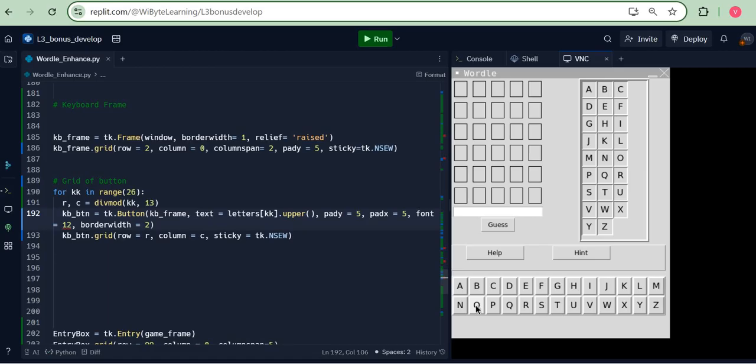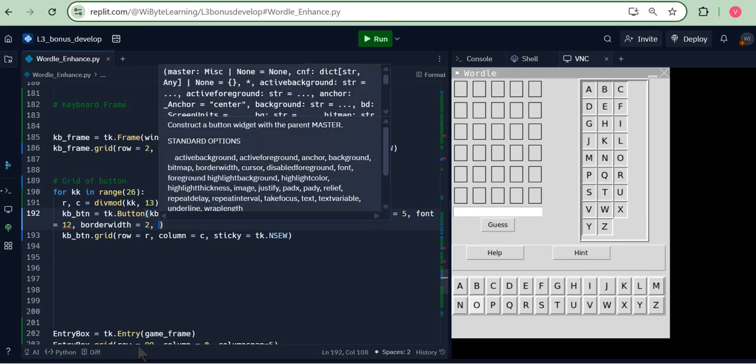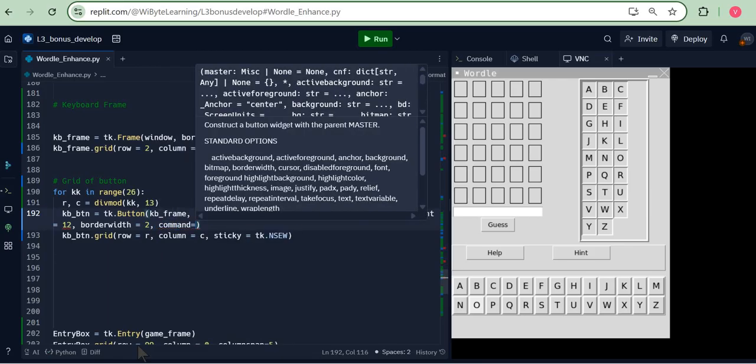Now, again, like I said, this is very, very similar to what we were doing in the calculator project. In the calculator project also, we had the same situation, multiple buttons calling the same function, and lambda came to our rescue. So that's exactly what I'm going to do over here. I'm going to come in and say, after this border width, for each of these, command is equal to,